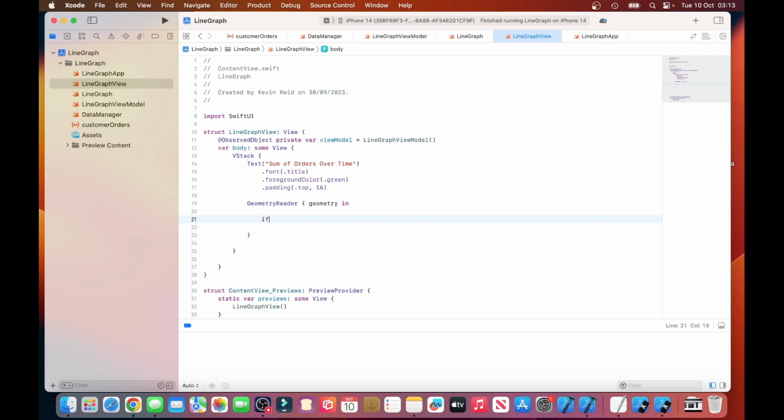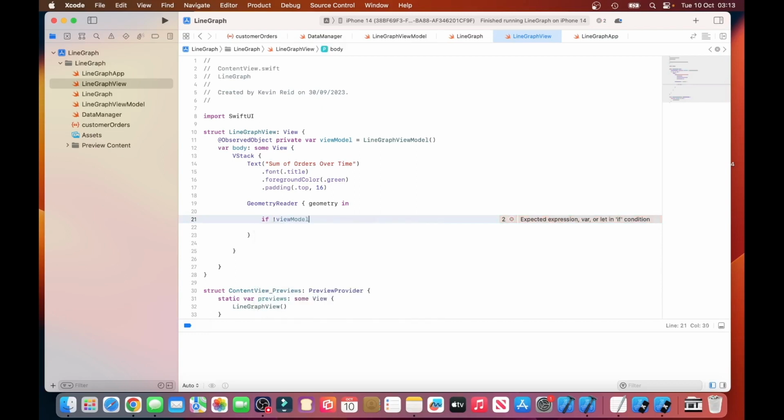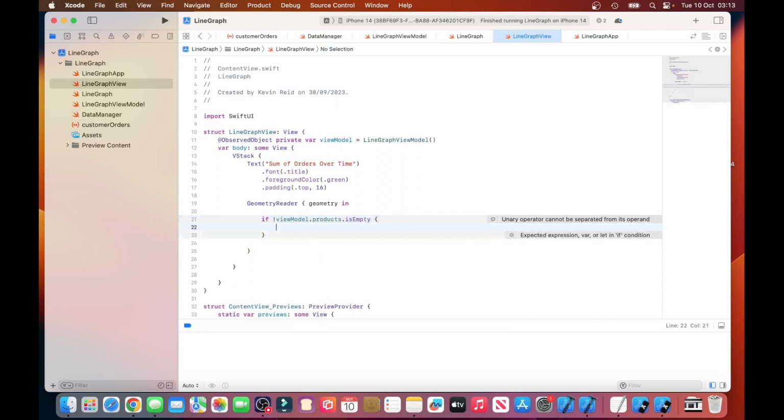So just type in if not viewModel.productsArray is empty. If it's not empty, so if there's data in the array,